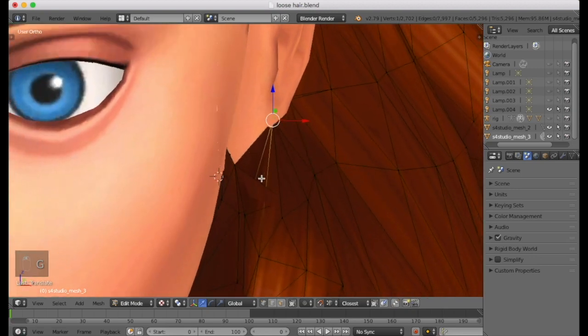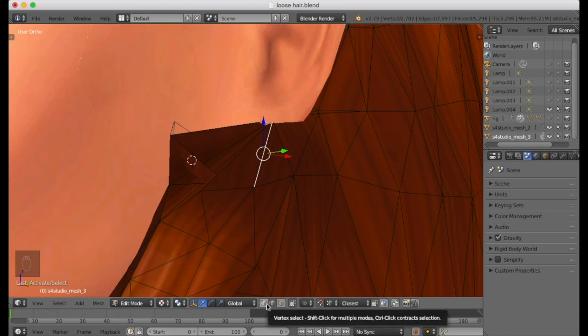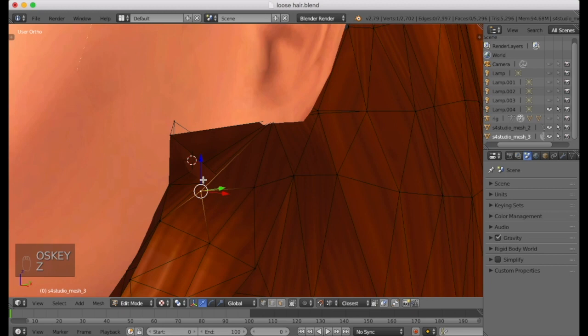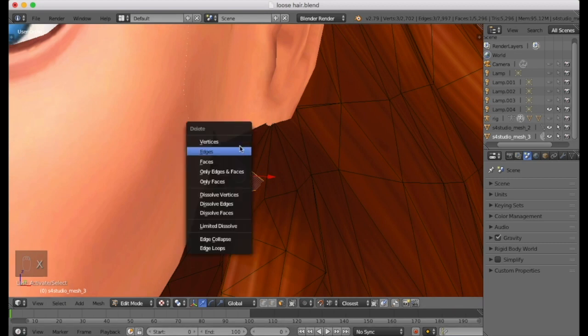So what is this exactly? I wonder. So this is the face select tool. This is the edge select tool. You can select edges. I think I just bumped the mic, sorry. And this is if you want to select the, oops. See, if you grab it, it annoys me. So now I've selected a face with face select mode, and I'm going to go X, and